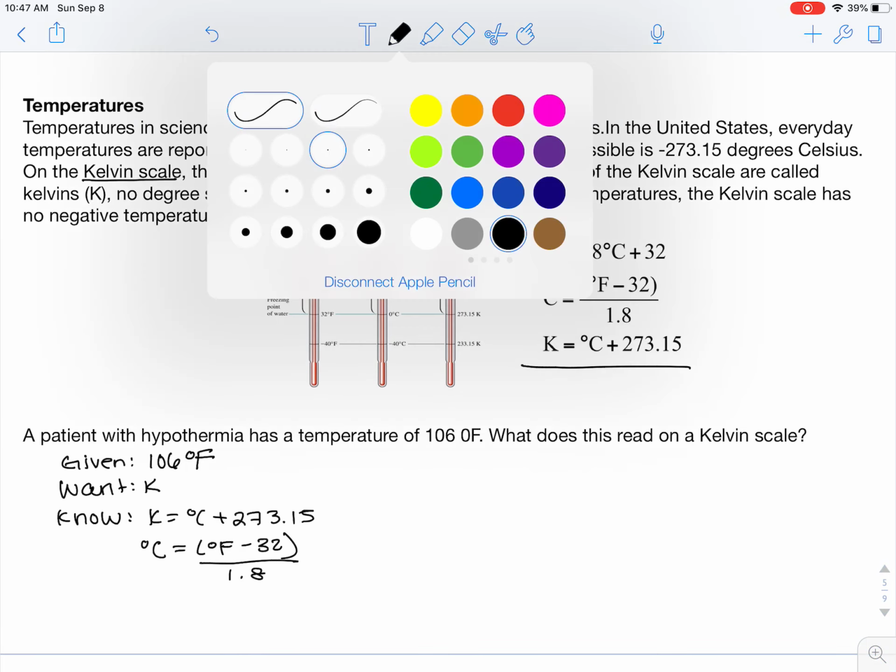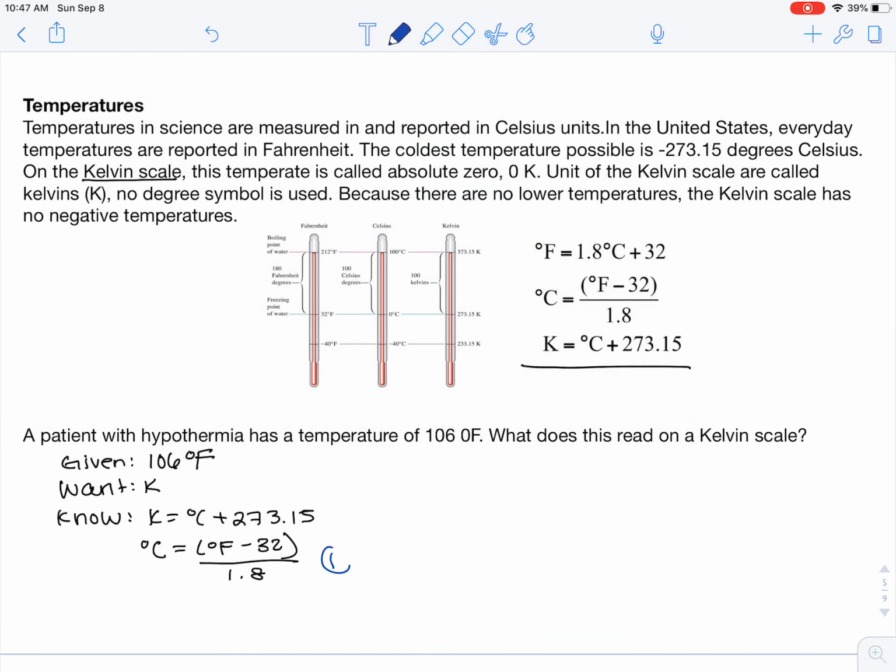So this is my step 1, and this is my step 2. So you just plug it in. You have your 106 minus 32 divided by 1.8, which gives you 41.111 degrees Celsius. Since degrees Celsius is not even part of the question, you do not have to worry about significant figures, and then you just go to Kelvin. So you can just add 273.15 here,